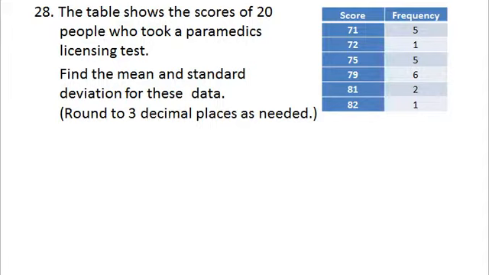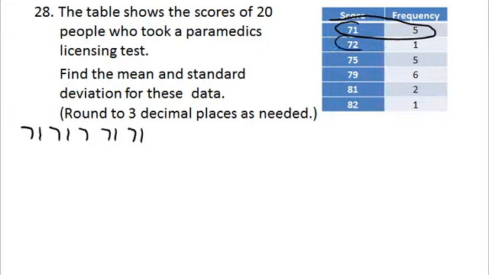Now the thing you have to remember here is this frequency table tells you how many times each score appears. So for example, when it says there's a score of 71 with a frequency of 5, that means that you actually have 71 5 times. And then 72 once, 75 5 times,